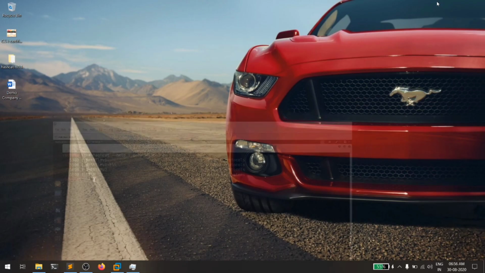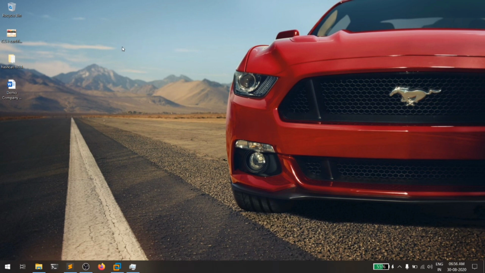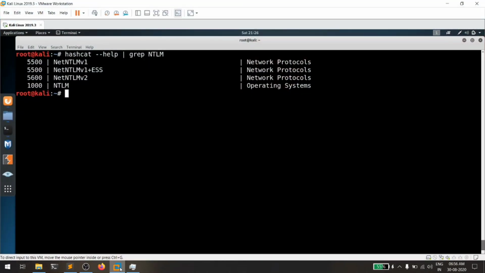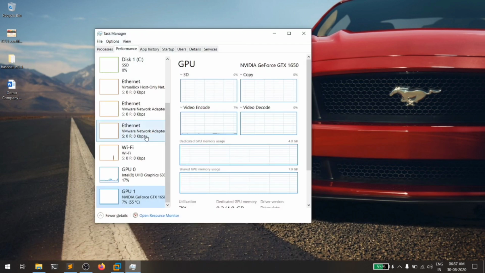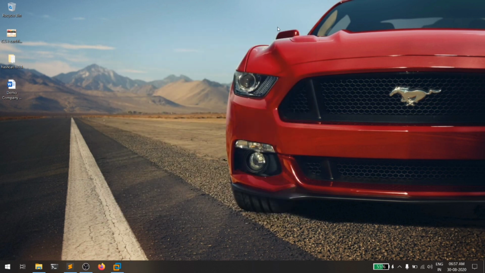And I want to explain something really necessary. Whenever you get a hash, don't always try to crack it in your virtual machine, because virtual machines are generally intended for simple tasks and they don't have good performance. If you're giving it something like 8 GB of RAM and a graphics GPU and stuff like that, then it's really fine. But always, if you get a hash, prefer to crack it on your host machine, because as I've shown, I have a powerful GPU and I can use my GPU to crack the password much more simply.